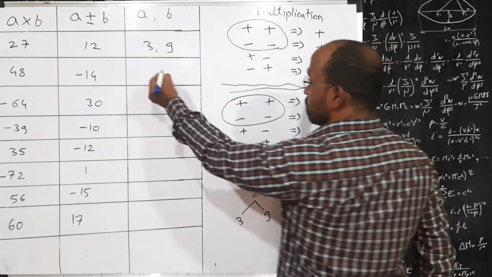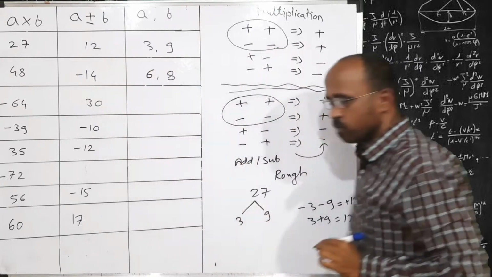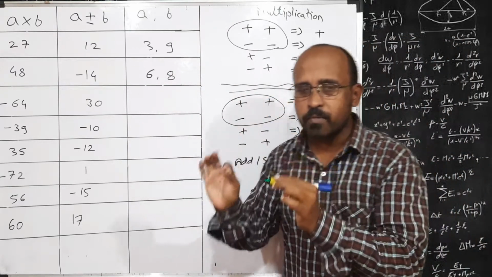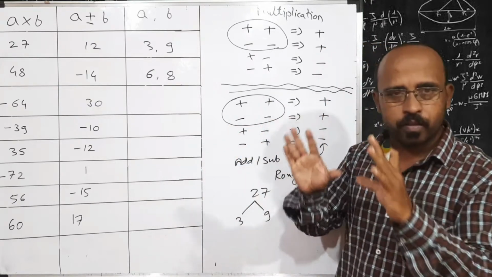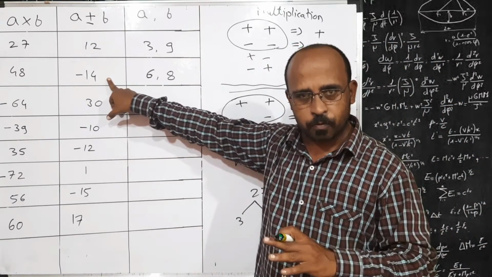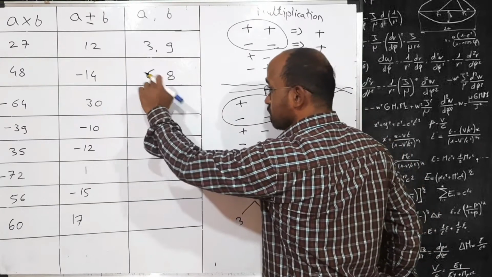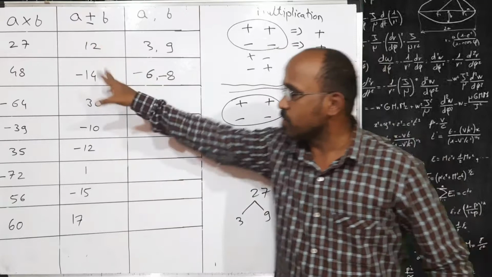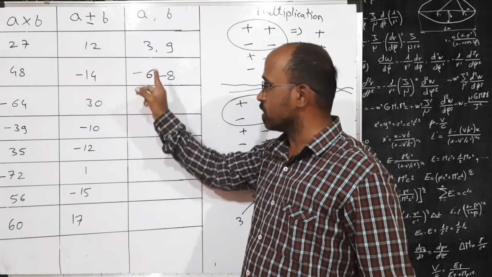Yes. So those two numbers are 6 and 8 whose multiplication is 48 and addition is 14. So they may be either both plus 6 and plus 8 or both minus 6 and minus 8. So look at the addition. What is the addition? Is it plus 14 or minus 14? Addition is minus 14. So naturally these numbers also will be minus 6 minus 8. Answer is, addition of the answer is minus 14. Clear friends? Means whenever addition is negative, both of the numbers are negative.